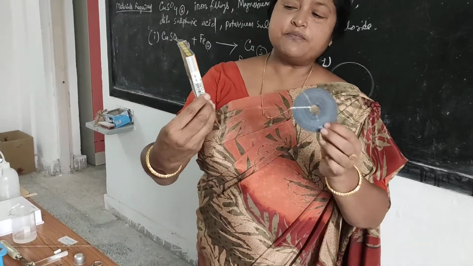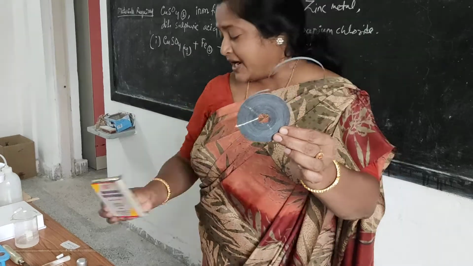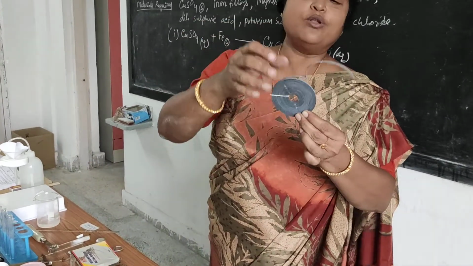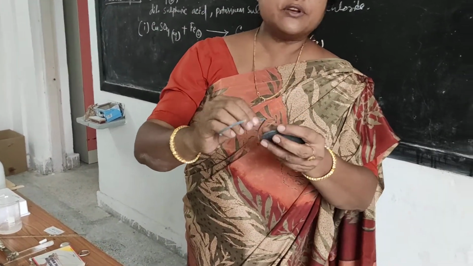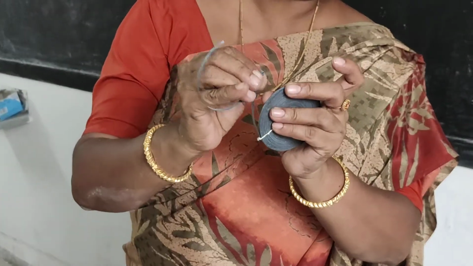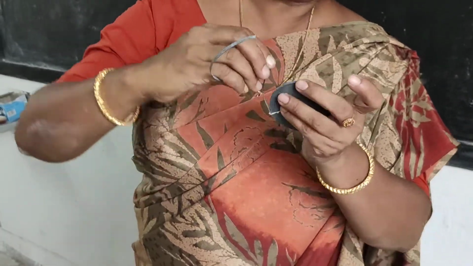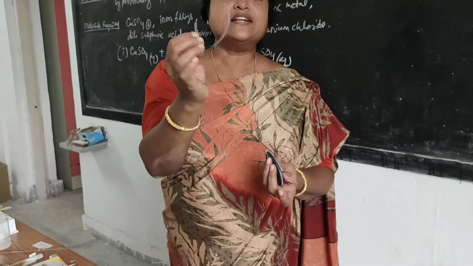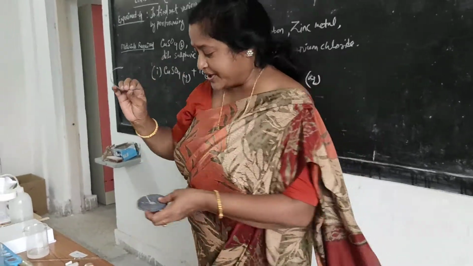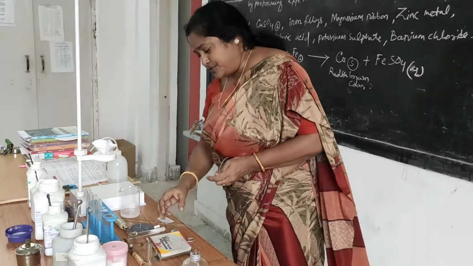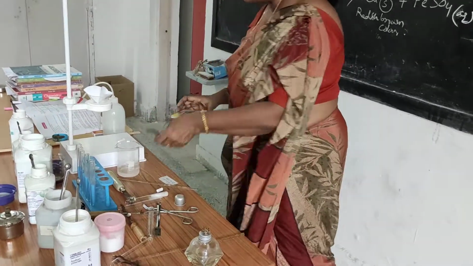This is magnesium metal ribbon, a laboratory reagent. And how does it look? It looks like a roll. I have not broken it earlier because I will show you how soft the metal is. I am just breaking it this way and this metal is broken. It is a very soft metal. Okay. So, I will now show you the burning of magnesium ribbon.